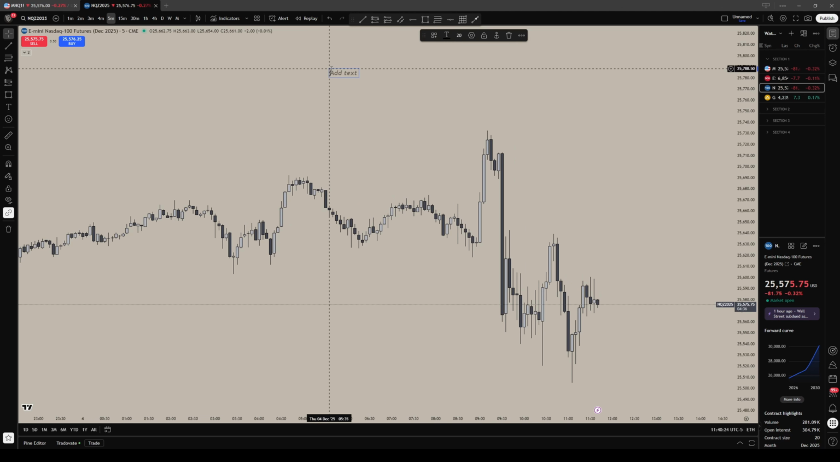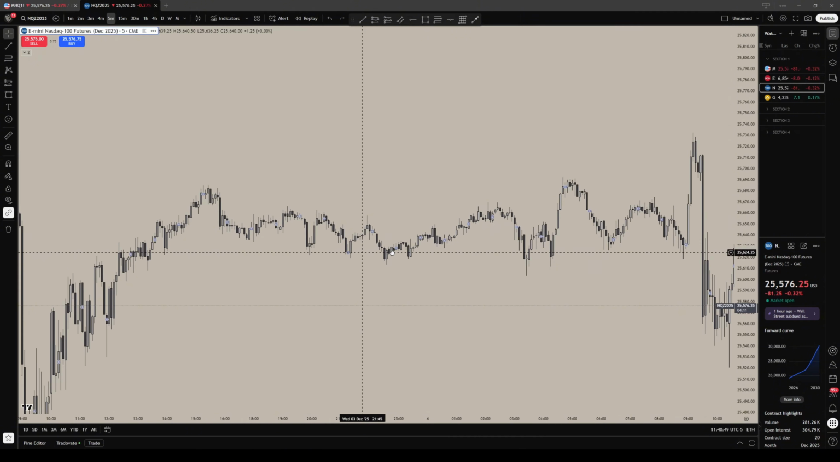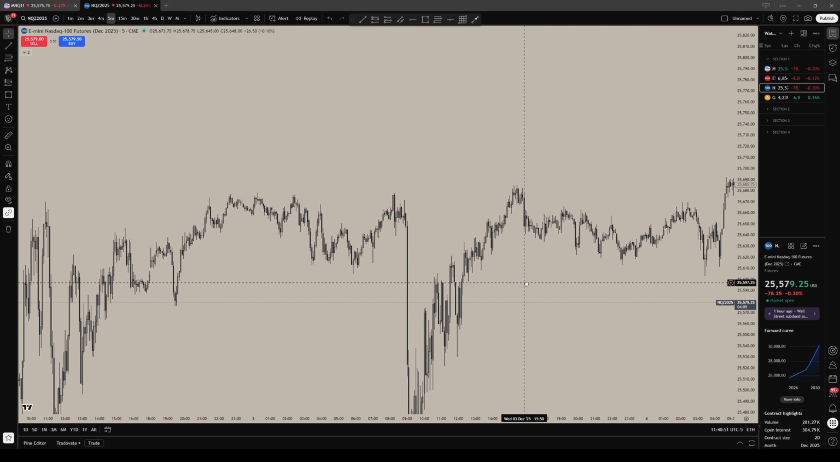So what we went over: liquidity. We went over order flow, which is also based on it, but order flow specifically. We went over time. Now we have to go over entry, and then we go over trade management with liquidity, because it's how I manage my trades. So if I go back to my trade, which was over here,